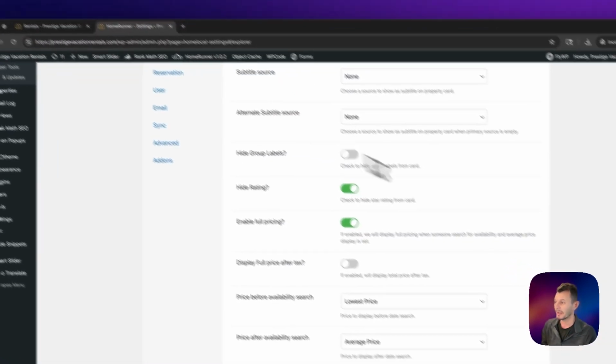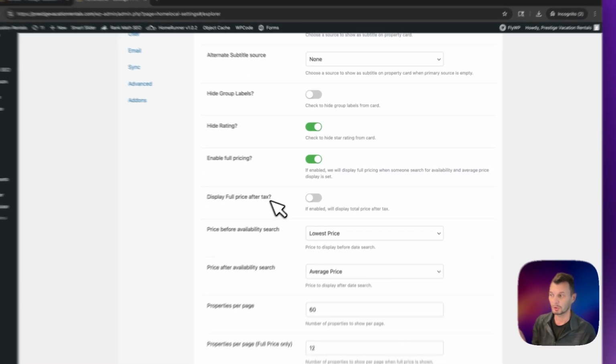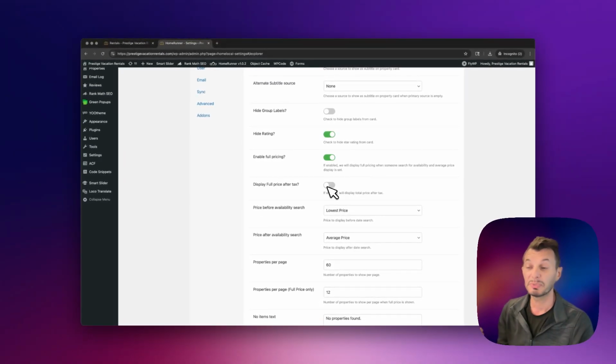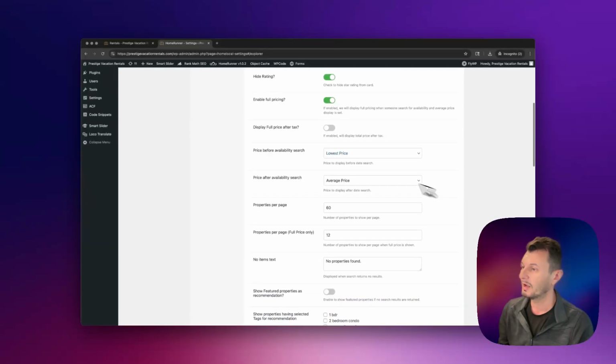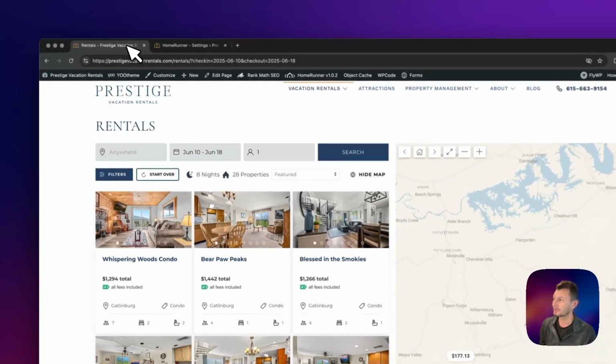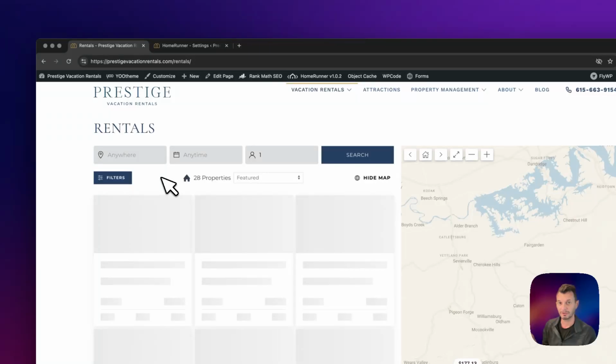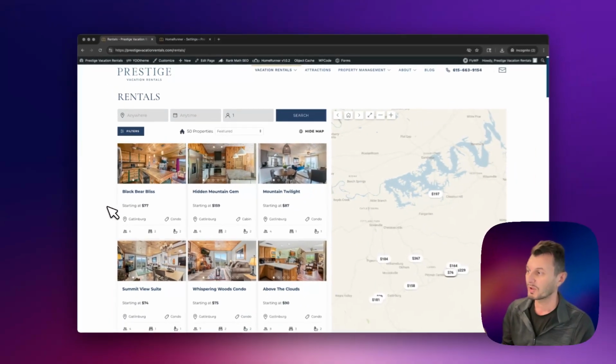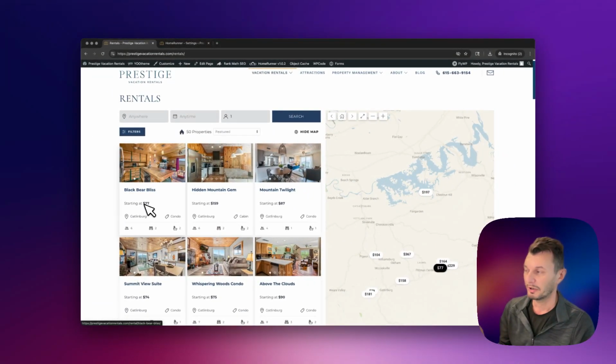So when we enable that, we're able to either include or exclude the tax, and Airbnb does not include tax in this case, so we ultimately default into not showing tax here. Other things before the dates are searched, and here I will just start over and clear the dates. Before the dates are searched, we have the option of showing the starting at price